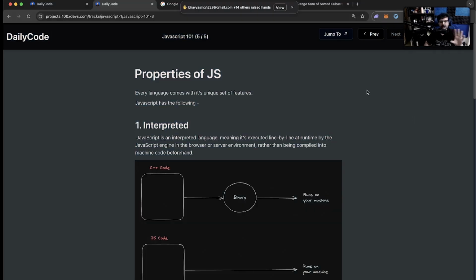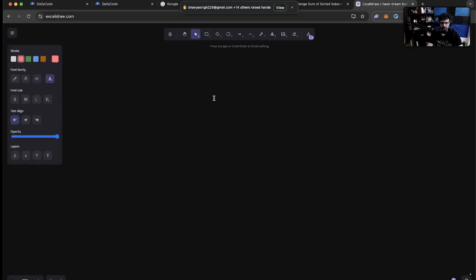Let's get into some properties of JavaScript before we get into the syntax of JavaScript. Every language comes with its unique set of properties and features. Basically, whoever wrote the language decided that this language is going to have this set of features. For example, Goldman Sachs has its internal language called Slang. I totally forgot the name. And in that language, you can write code like this. Let's say a variable, person space name, equal to Harkirat. Your variables can have a space in the middle.